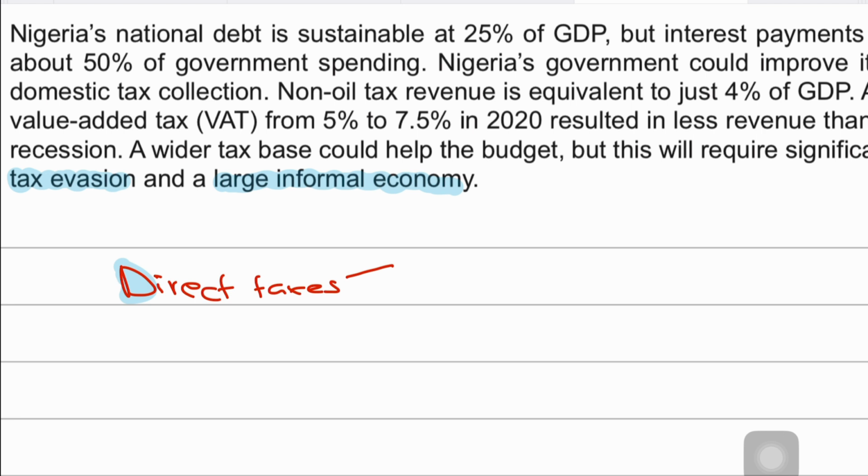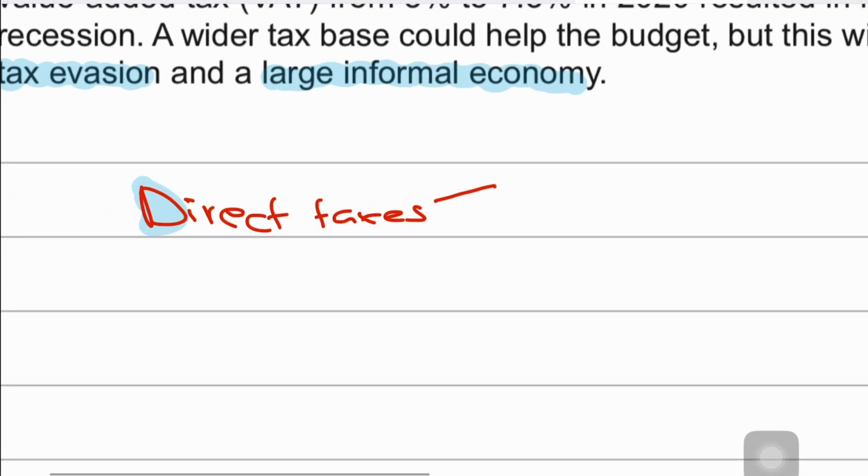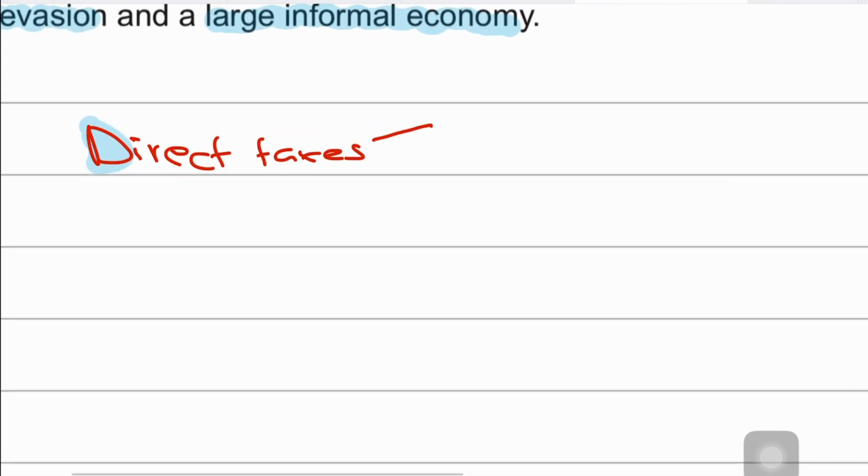So in this case, yes, it could be a good policy, because increasing direct taxes such as income taxes would result in higher tax revenue collection from the wealthier segments in society. Also, direct taxes such as income taxes tend to be more stable over time compared to indirect taxes, right? The reason is that direct taxes are tied to individuals' incomes, which are less volatile than their consumption patterns, while indirect taxes are